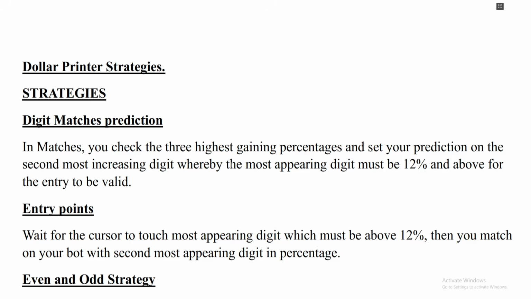First of all, ensure you have identified the 3 highest gaining percentages. After that, ensure you select the second highest percentage as your prediction. Now, after that, ensure the highest has more than 12.5. So the highest percentage, the one in the green circle, should have more than 12.5% and above for this entry